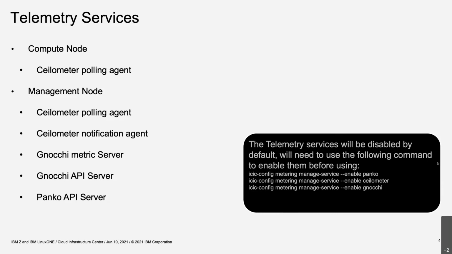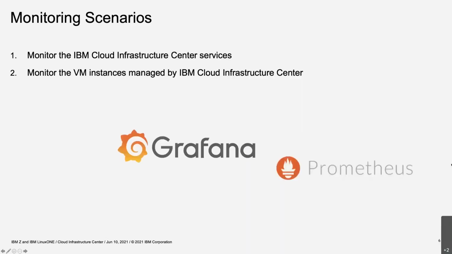And one thing that I need to mention is that those services are disabled by default. You will need to enable them by using the ICIC management commands as shown in the black box on this slide. And for the monitoring data, IBM Cloud Infrastructure Center supports both the z/VM hypervisor and the KVM hypervisor, and those two hypervisors have slightly different metric support. And next, I will